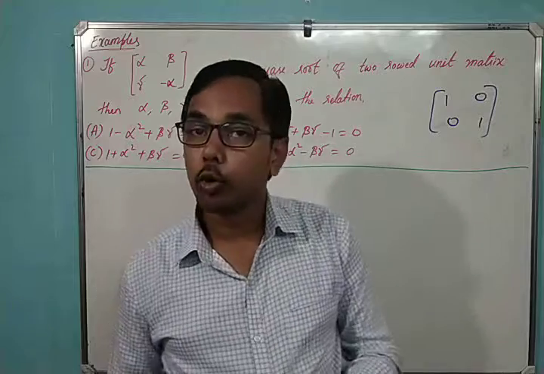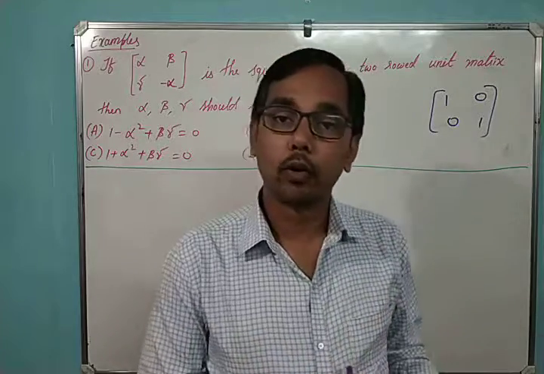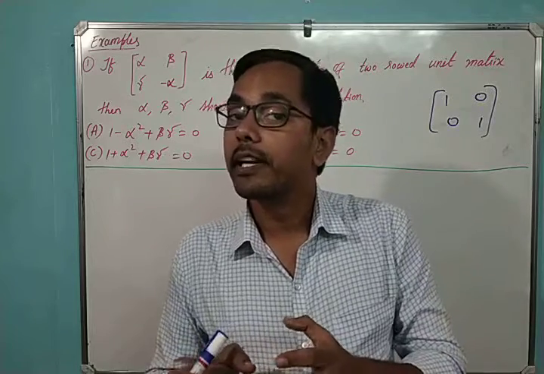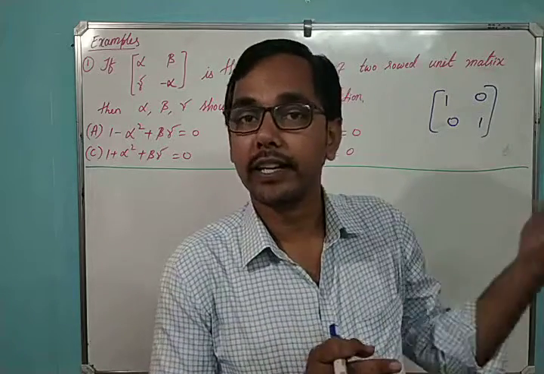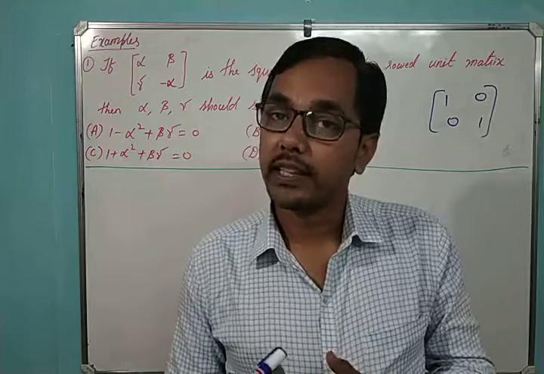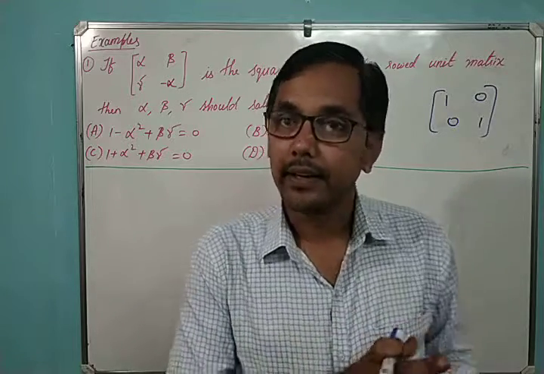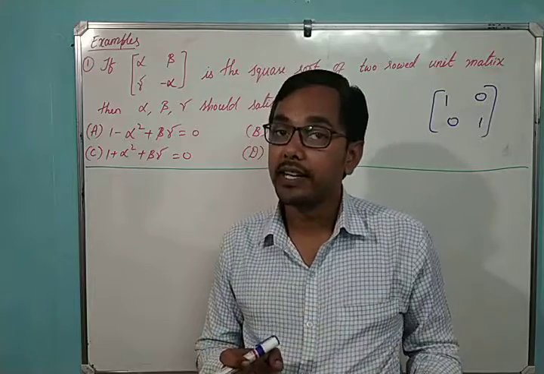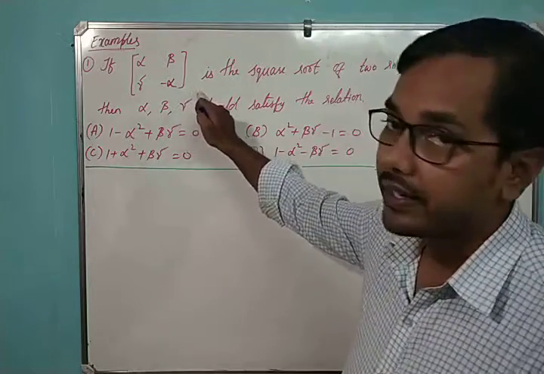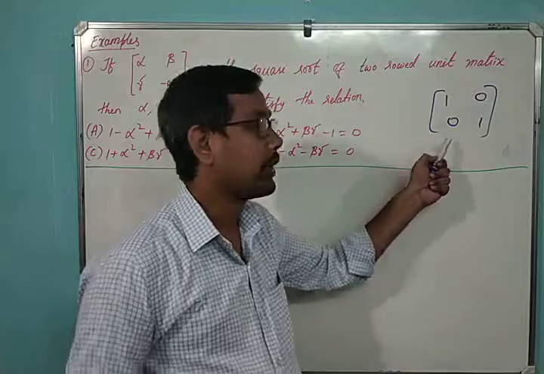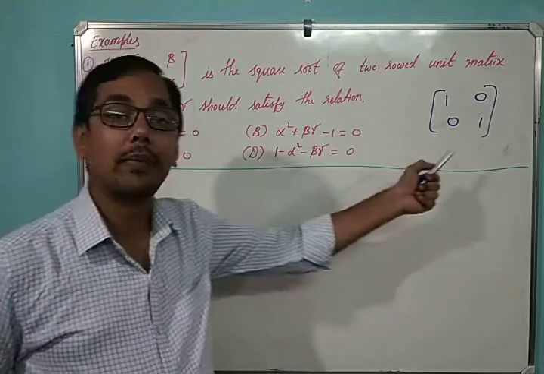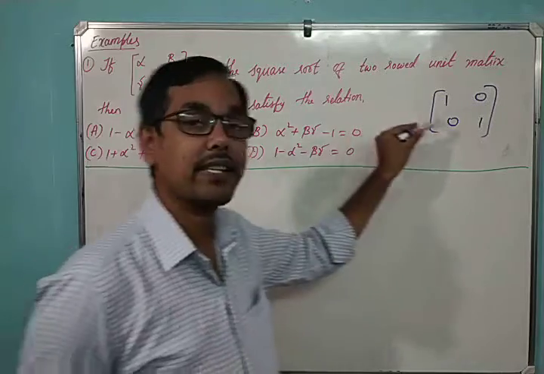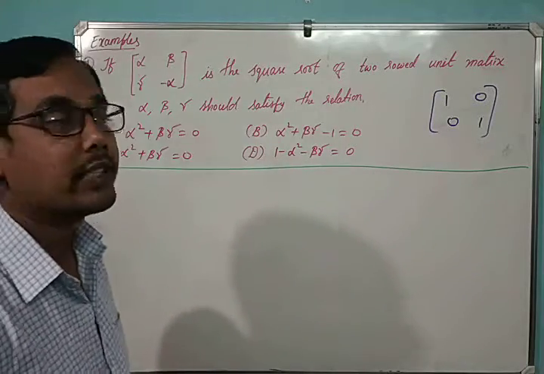Now assume that 2 is a square root of 4, right? If I multiply 2 times 2, I will get 4. 3 is the square root of 9, 3 multiplied twice, I will get 9. 4 is the square root of 16, 4 multiplied twice, I will get 16. This given matrix is the square root of this particular matrix. If I multiply this twice, I will get this particular matrix. Right? So now,